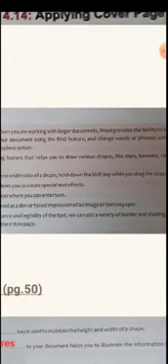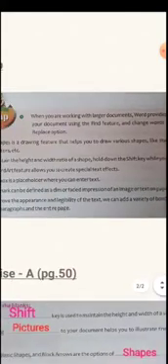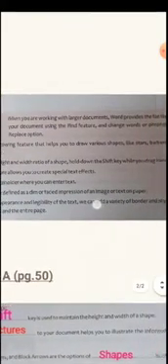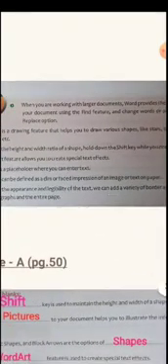Now let's quickly recap what we learned so far. Number one, when you are working with larger documents, Word provides the facility to search your document using the Find feature and change words and phrases using the Replace option.